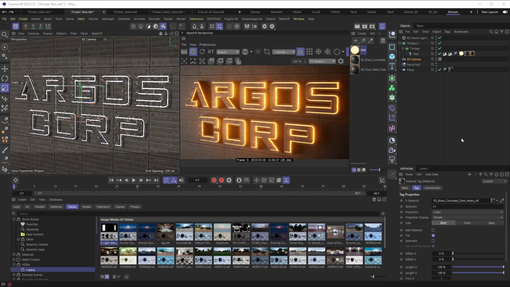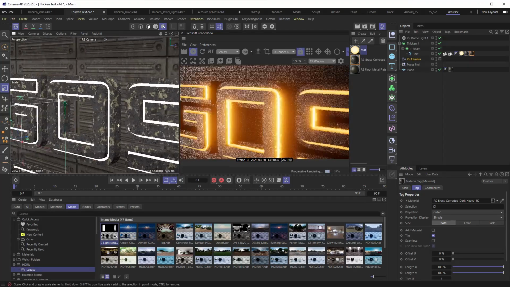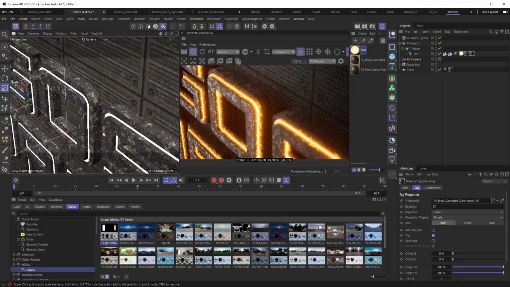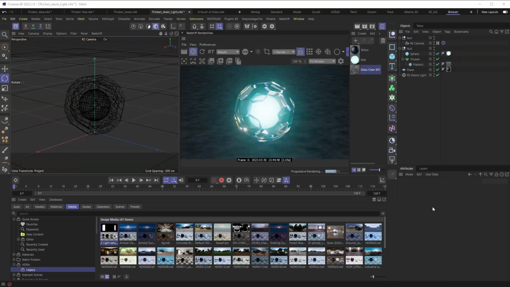Anyway, then I bring back the lights and the wall that I had before, and I amp up some of the effects, and we've got a nice looking piece of text that would have been very hard to get this neat looking through the traditional methods. And as I pull in really tight, I can see I really like the shape of this text, and it's so clean. Okay, now let's look at an example of using the Thicken Generator on a primitive that has a